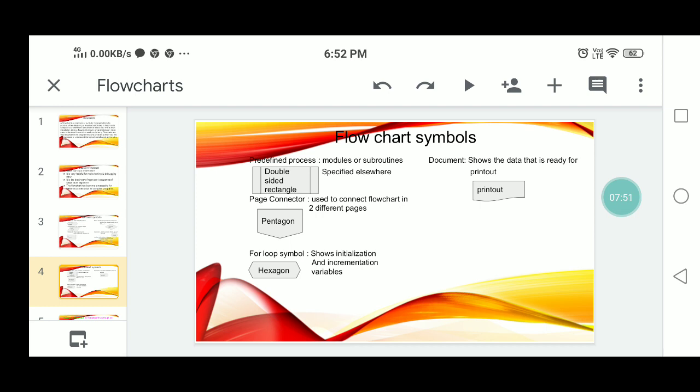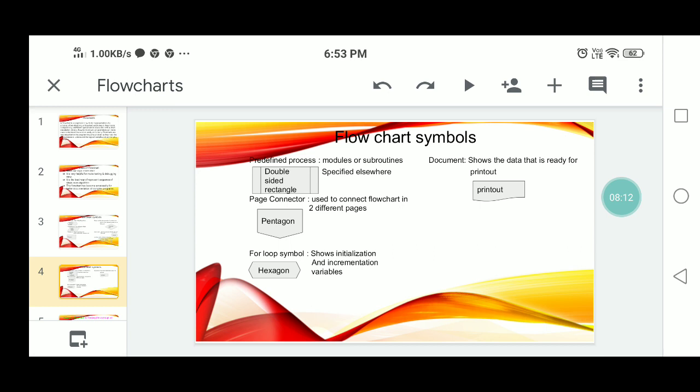If you can write the modules in your algorithm, you can draw the flowchart for this algorithm, using this double-sided rectangle symbol.